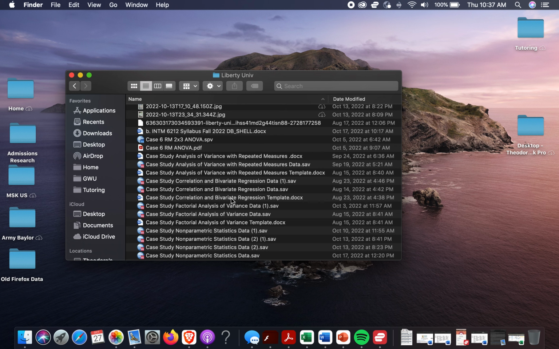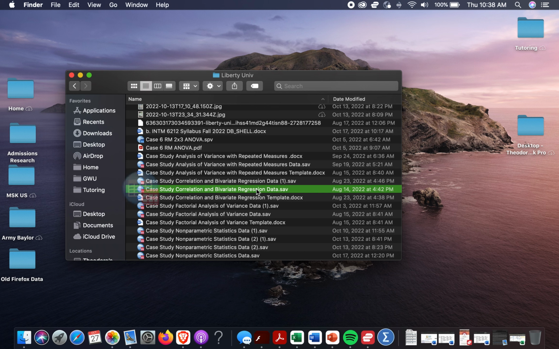For case study number 1, the data file is called Case Study Correlation and Bivariate Regression Data. You can see that this is downloaded into a folder that I know the name of, Liberty University, into this file here. Right now in the background, I do not have SPSS open, but if I double click that file,